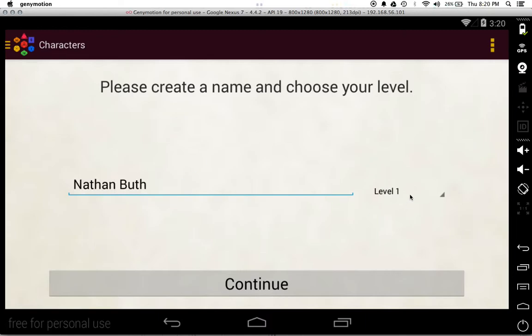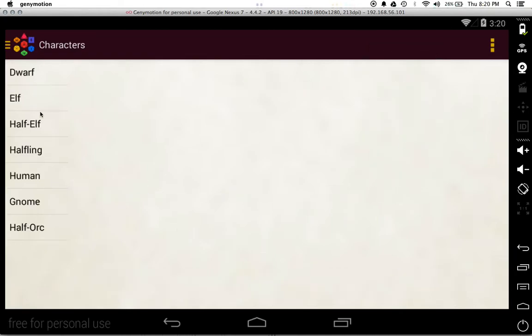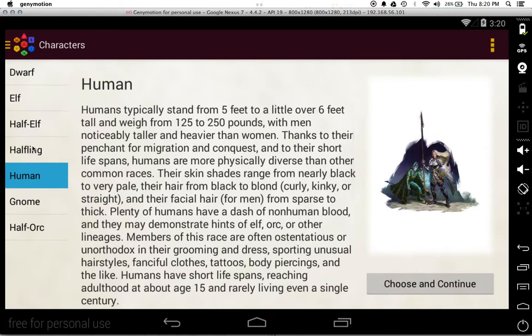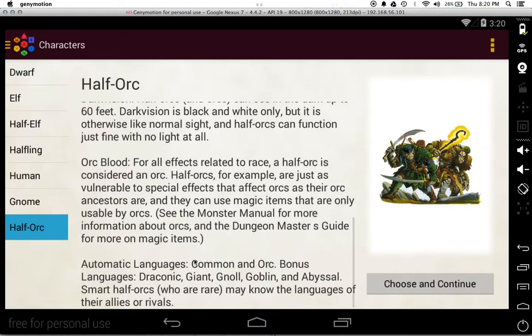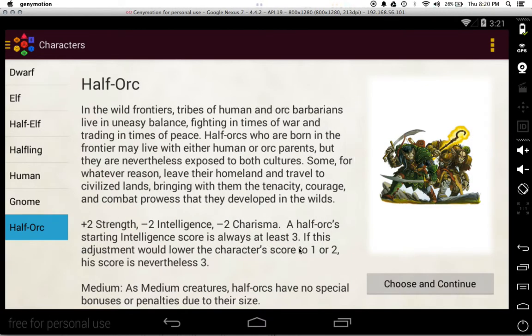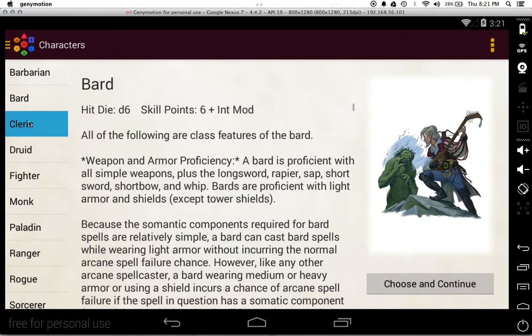So I'll just do this. I am a human, but I'm gonna actually go with a half orc just because it kind of demonstrates. You can see right here they have more stat changes than the others. Not all of them positive, but they're there, and so I want to make sure that that is shown. So choose and continue, and now it gives me the different classes that I can be,